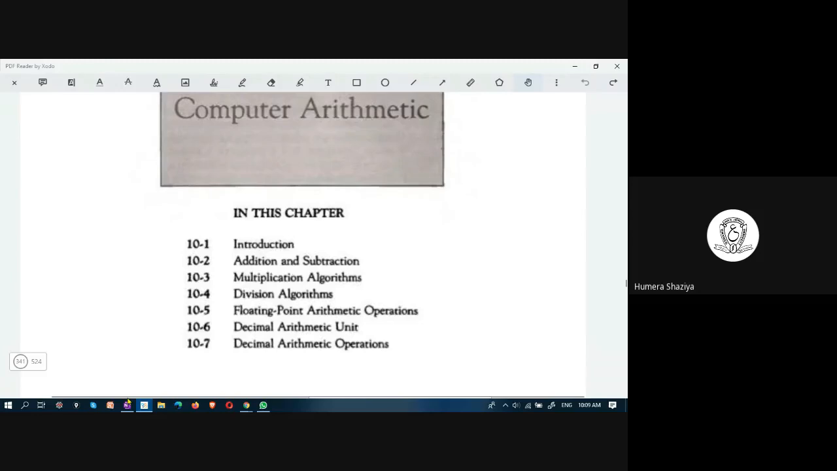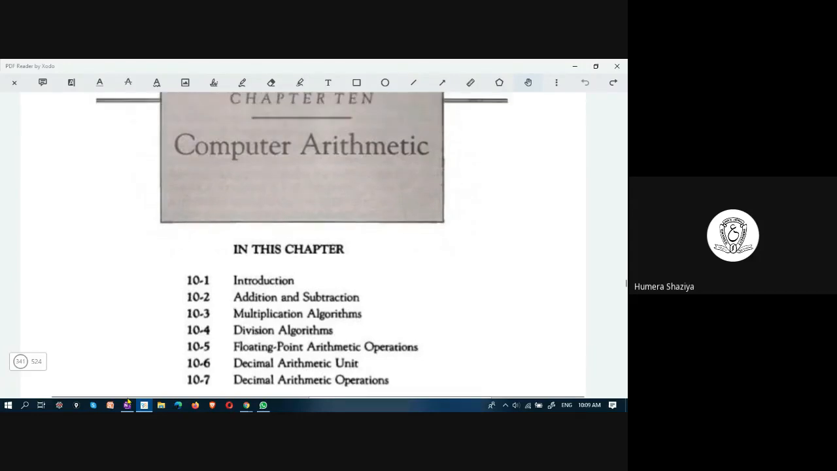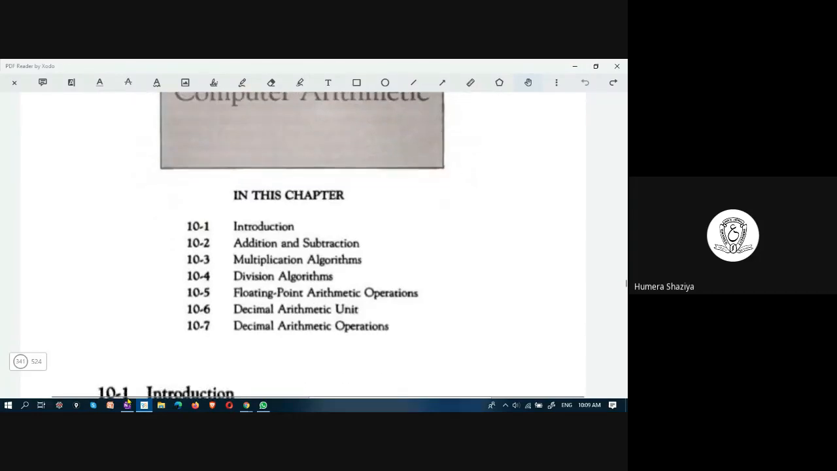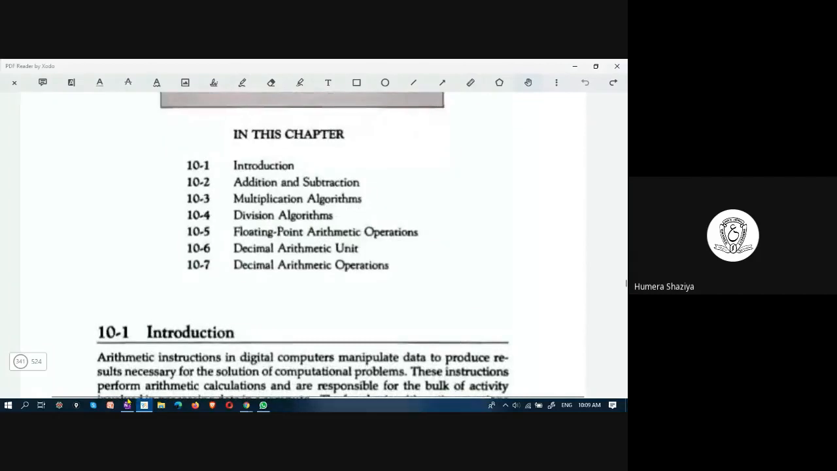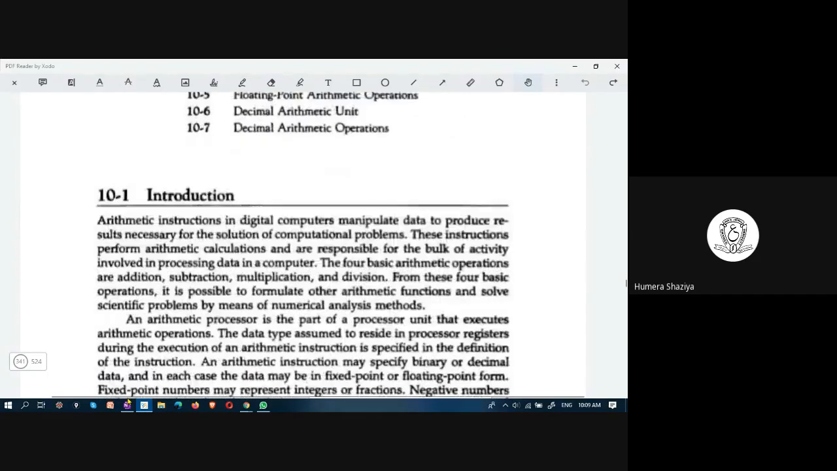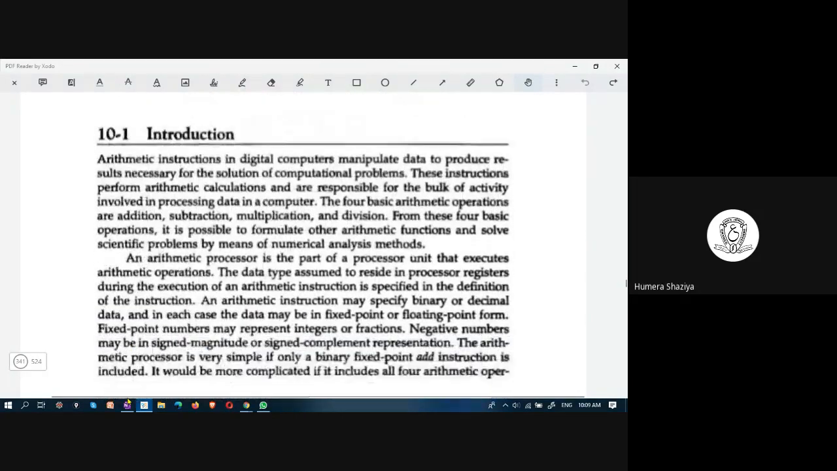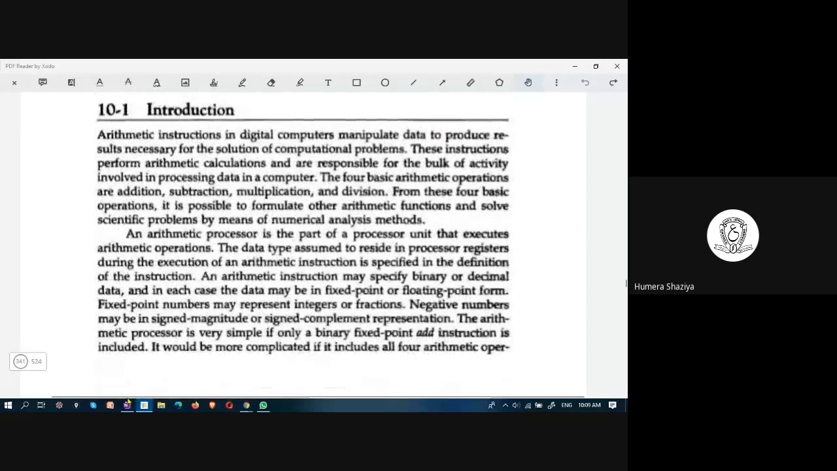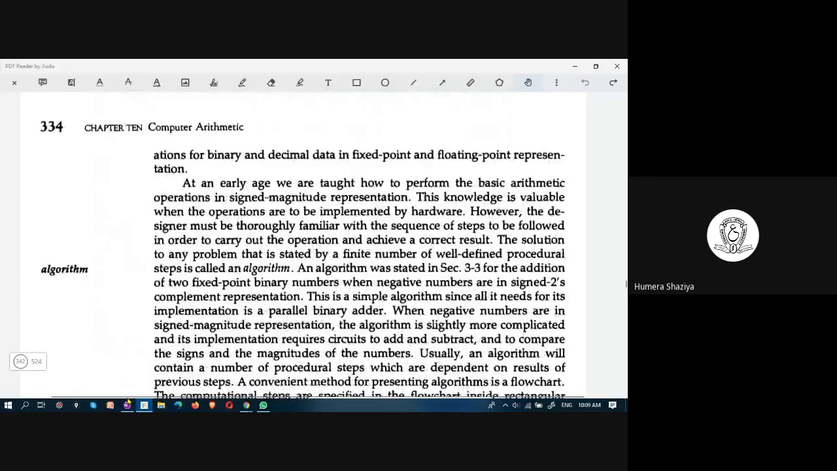So today's topic of discussion is computer arithmetic. This chapter we have to study under Unit 3. After we finish this chapter, our Unit 3 will get completed, and there is one chapter in Unit 5 that we will also complete after this. All right. So beginning with computer arithmetic,